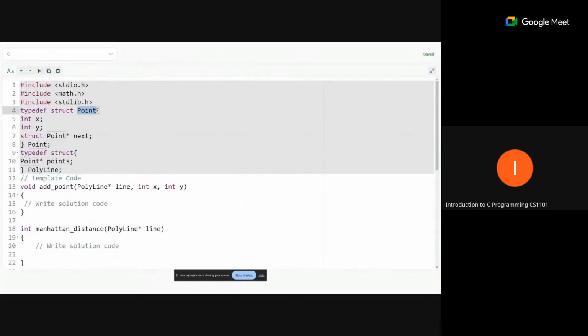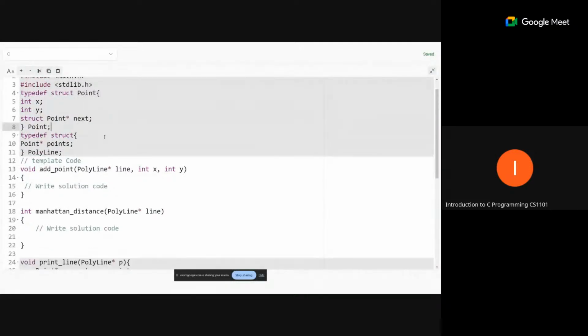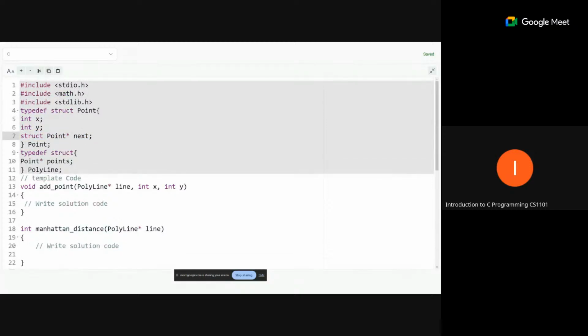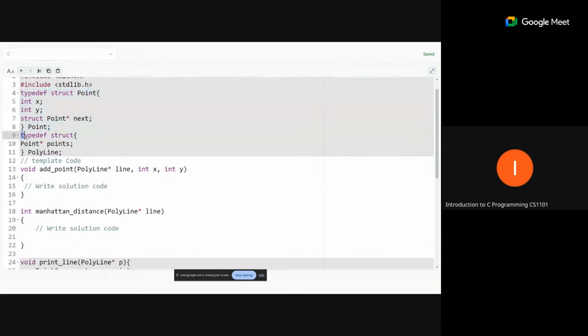So we have two structures. Point contains only two values, x and y. Another structure is point next. This is the same thing: one structure is completing here, and the second structure is starting here. That point contains the point stack. So what we are doing actually is creating a list here using dynamic memory allocation, and in this list,